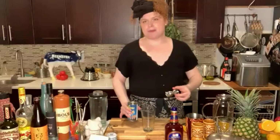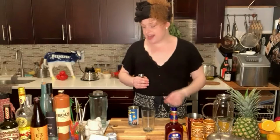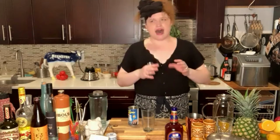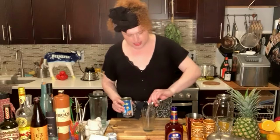But since this has a tendency to separate and then solidify, at least when I'm in a colder climate, I usually like to start at the bottom with this and slowly mix it with the acid, which is the orange juice, the other 1 ounce. Then we're going to mix in the pineapple and then finally the actual rum itself, give it a shake. I find that way you have less of an opportunity for separation. So I'm going to do 1 large jigger's worth